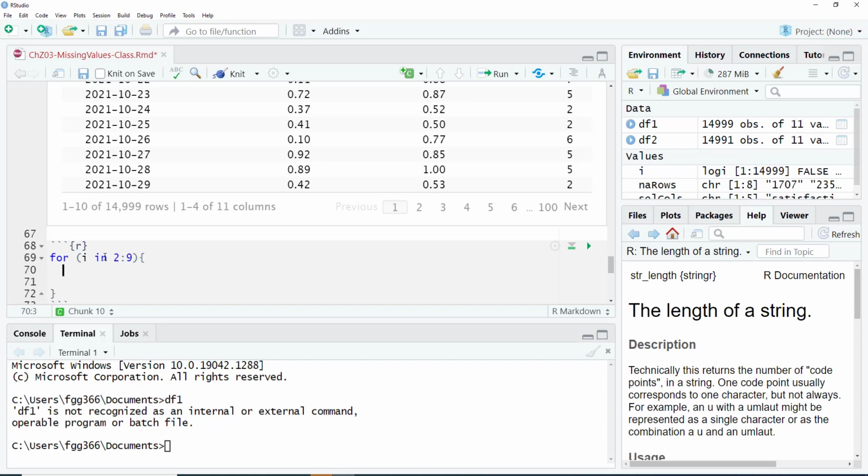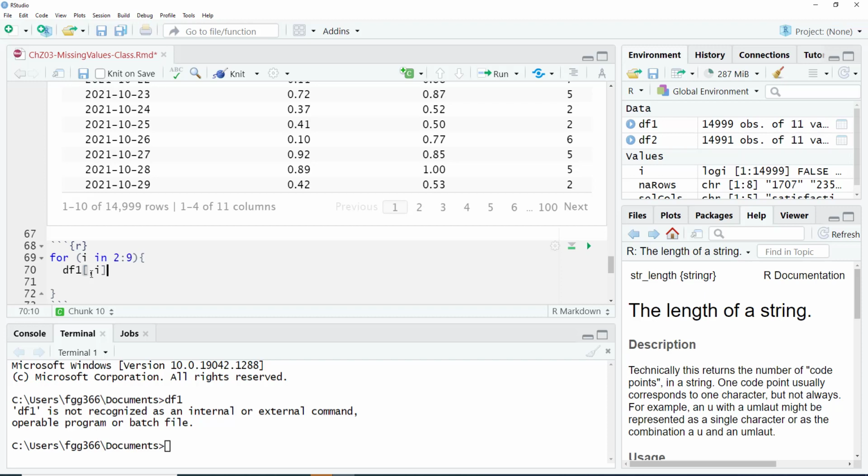So now what we want to do is df1[, i]. This comma means we're going to look at all the rows, and the i says that we're going to look at column i. What's going to be column i?